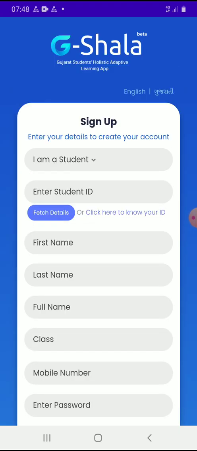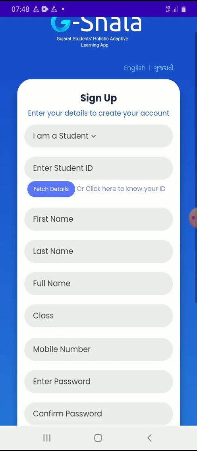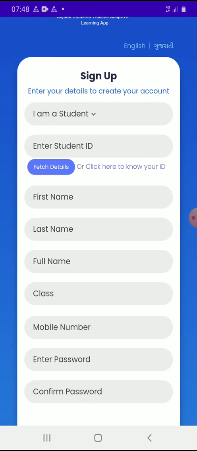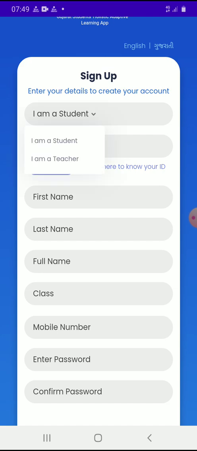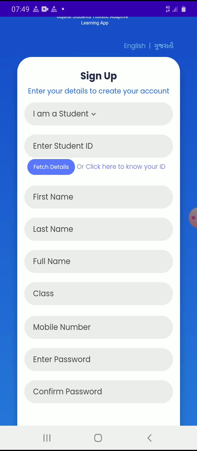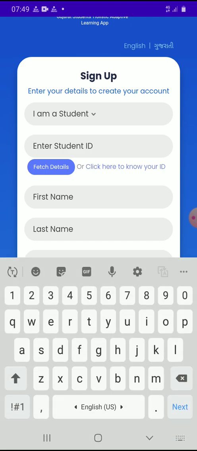After you touch on sign up, it shows the first option, I am a student, then enter student ID. This student ID I will upload in the group. Every student has their own unique ID.